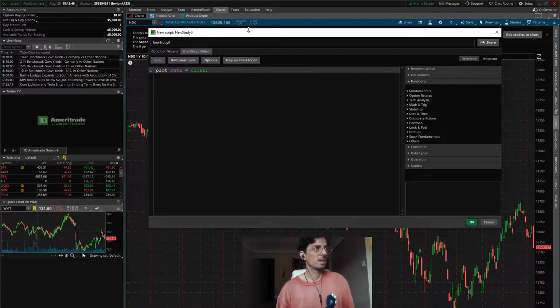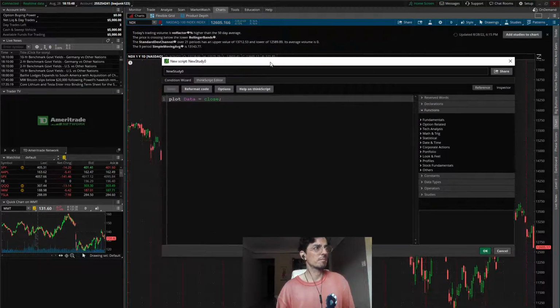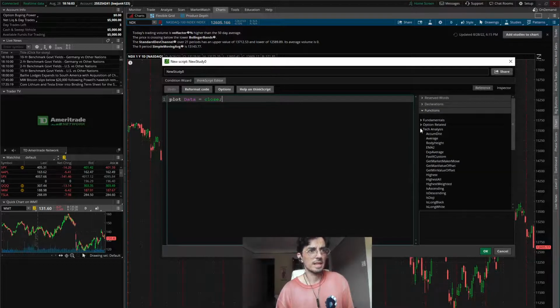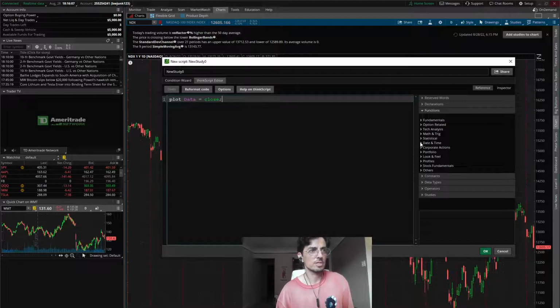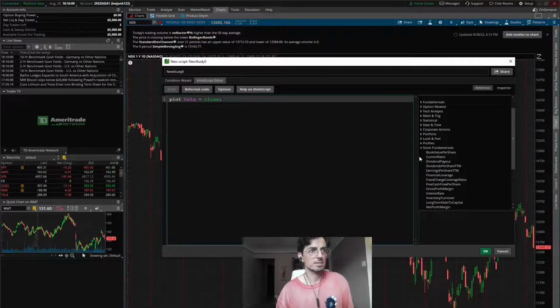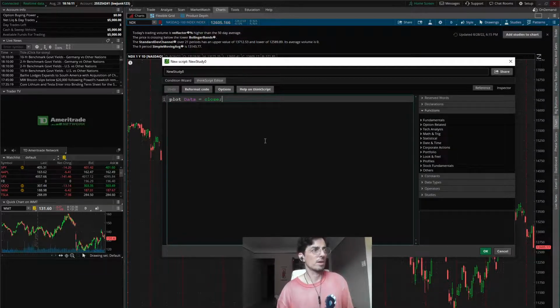Create. And we get this programming language, which is weird. It's a custom programming language that looks a little bit like C# or JavaScript. And it has keywords. And you can look over here to see what some of them are. Technical analysis, highest. They have a bunch of built-in functions and fundamentals. But let's not even go there.